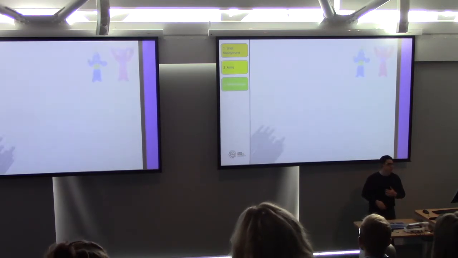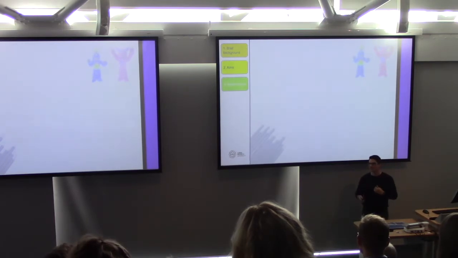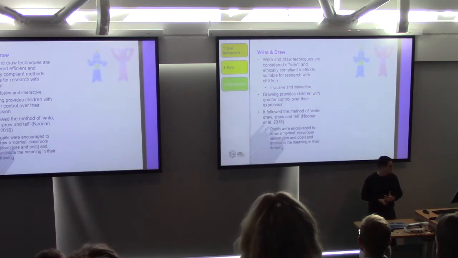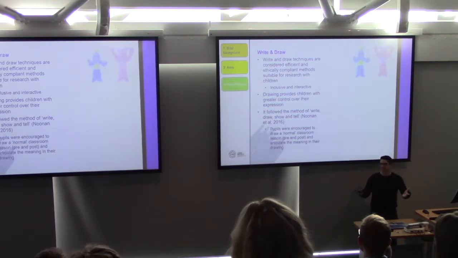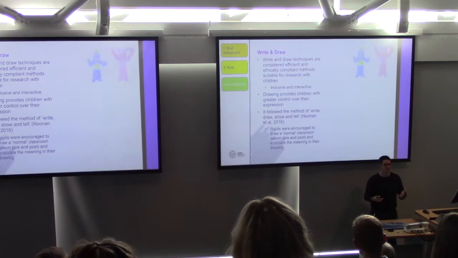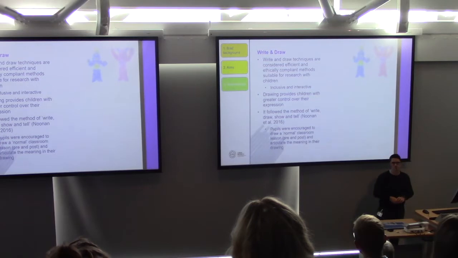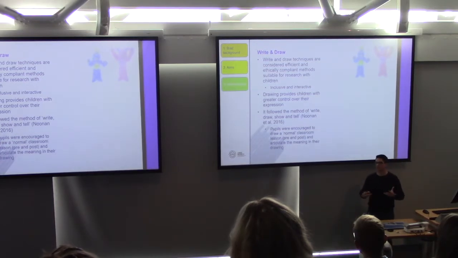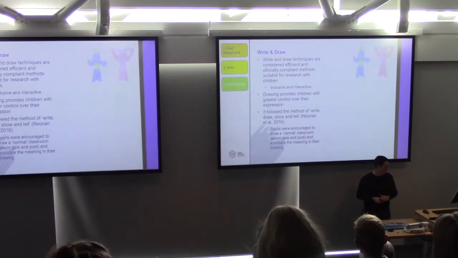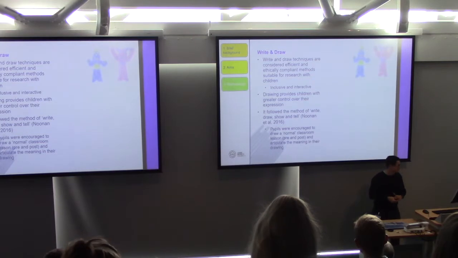And within that, we used two particular techniques to try and elicit their perspectives. The first one we used was a write and draw technique. We used that because, kids love to draw, in theory. It's more inclusive, it's equitable and fair for young people. And it provided them with a great opportunity to express themselves than if it was just sat in a room talking to a random guy they've never met before, who also brings puppets into the room with them, which can be a little bit off-putting for some kids. Don't run DBS check, so we're all good.